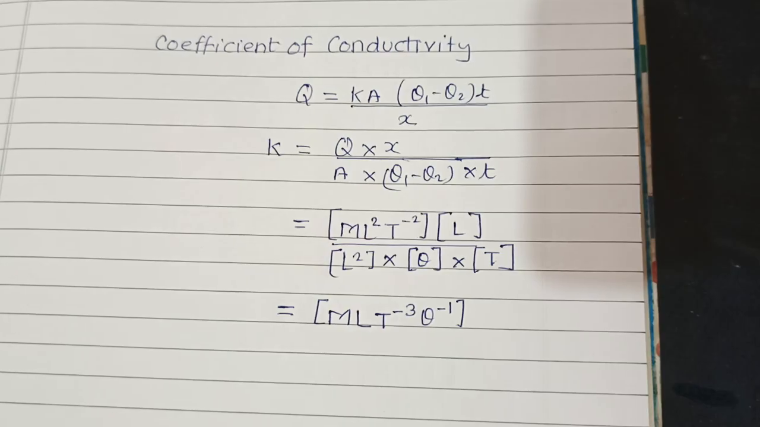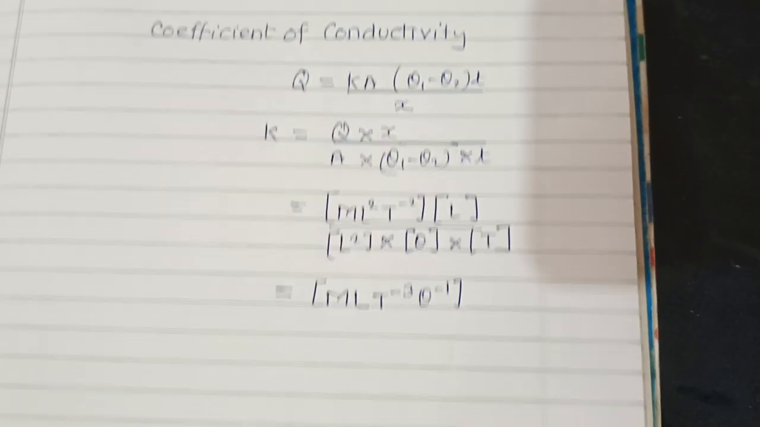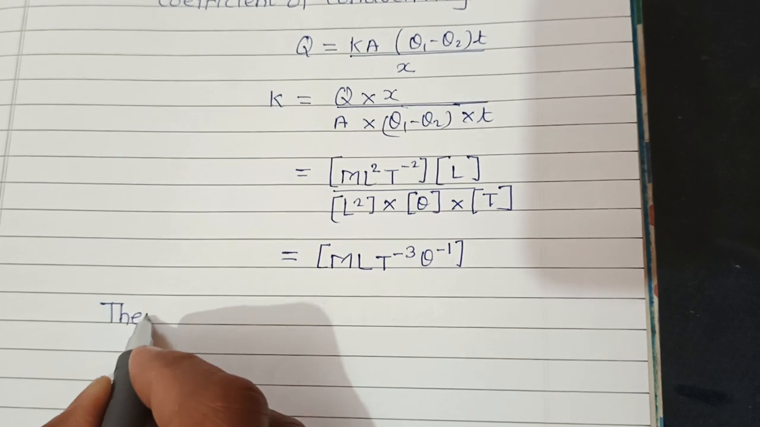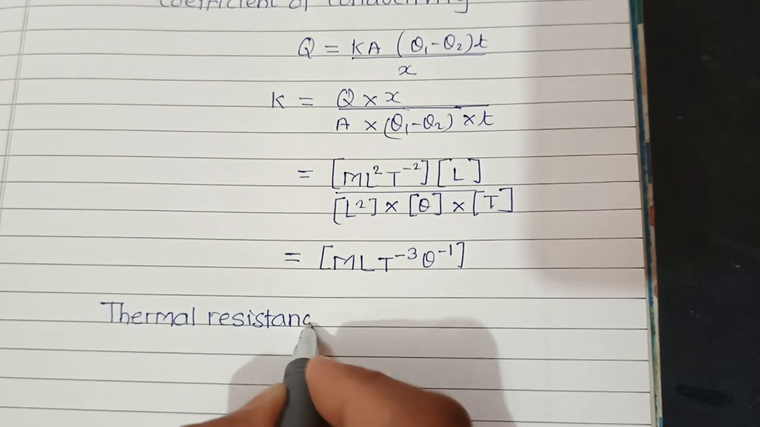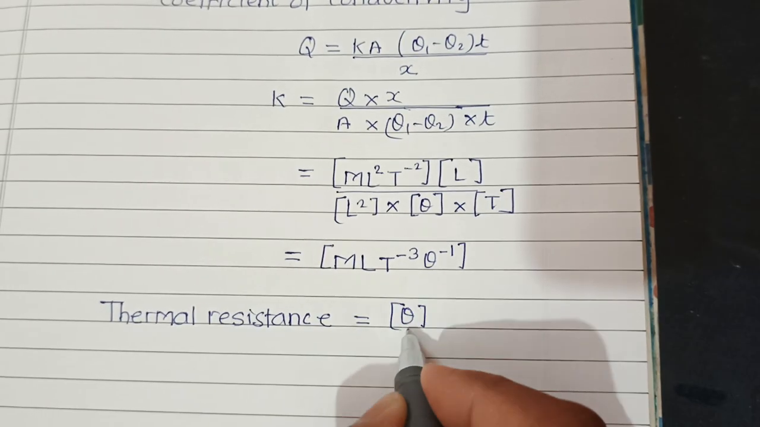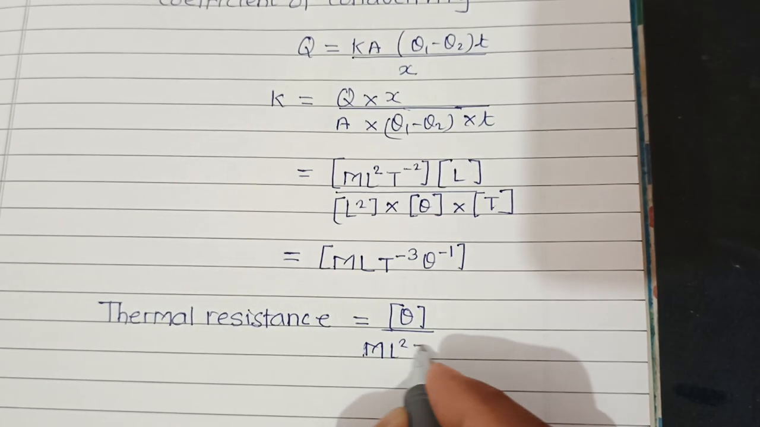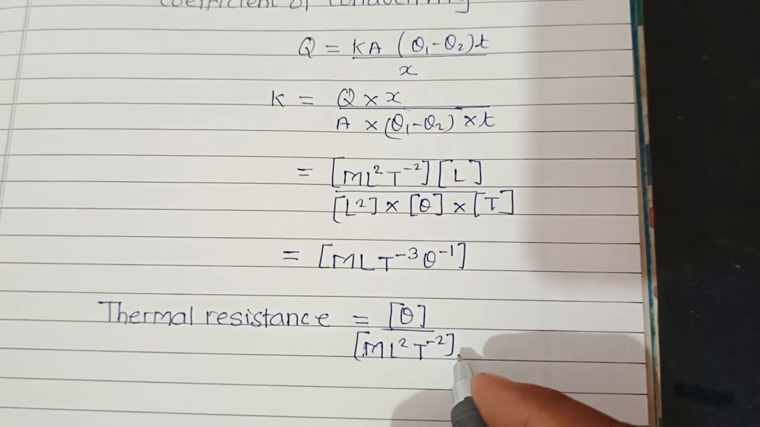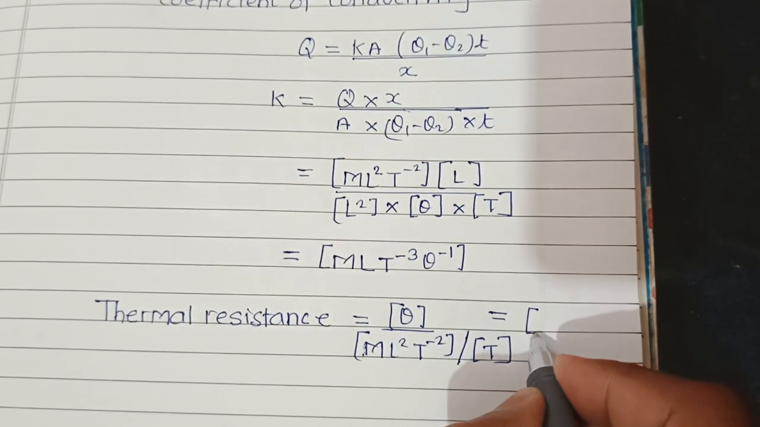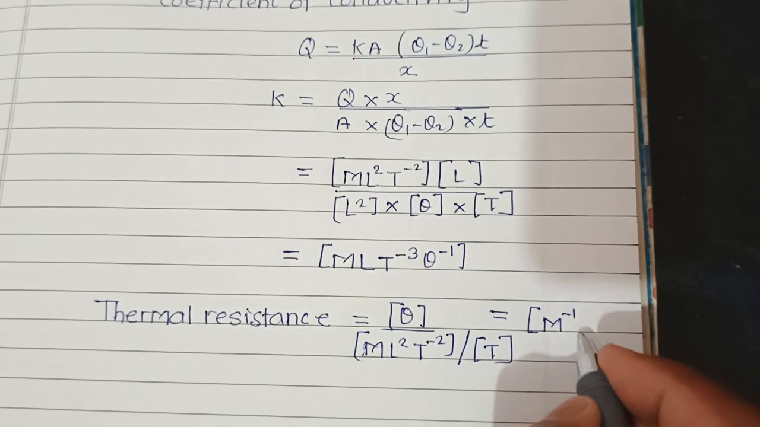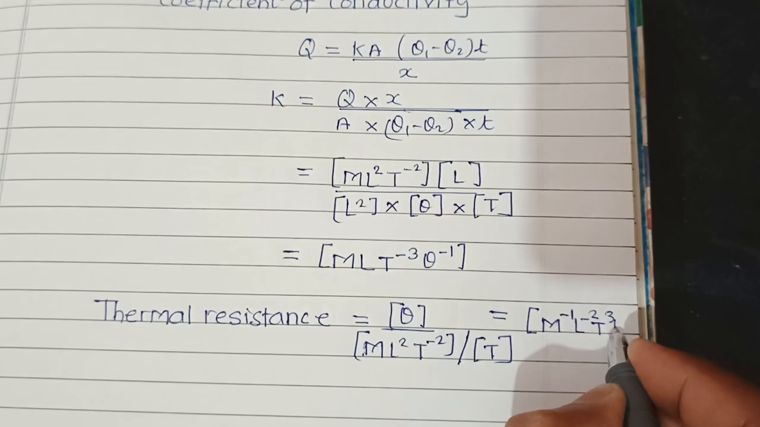Now thermal resistance is theta upon M L square T minus 2 upon T. So that is M minus 1 L minus 2 T cubed theta. Okay,